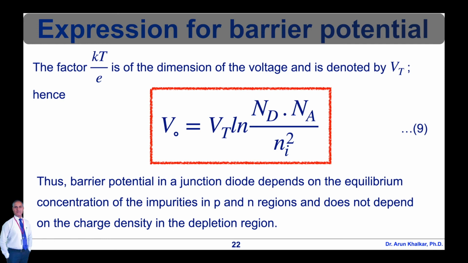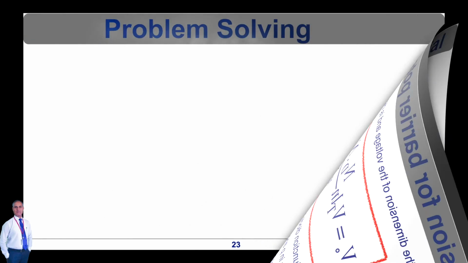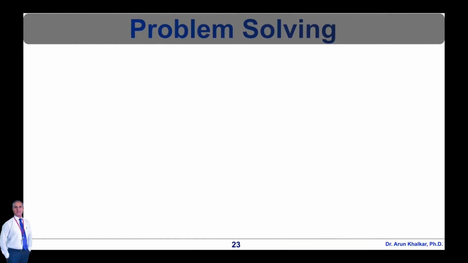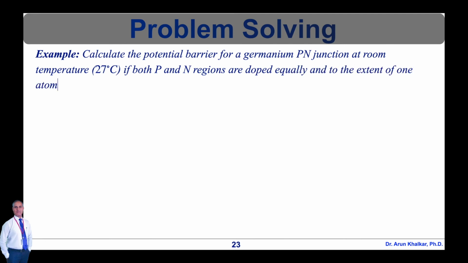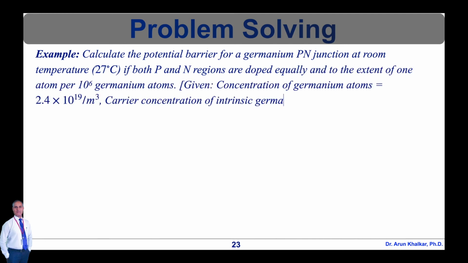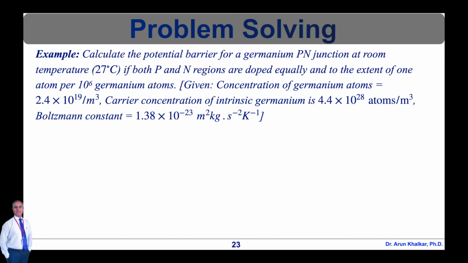Equation number 9 is nothing but the expression for barrier potential for the p-n junction diode. Now let's see one example which is based on equation number 9. Calculate the potential barrier for a germanium p-n junction diode at room temperature, that is 27 degrees Celsius, if both